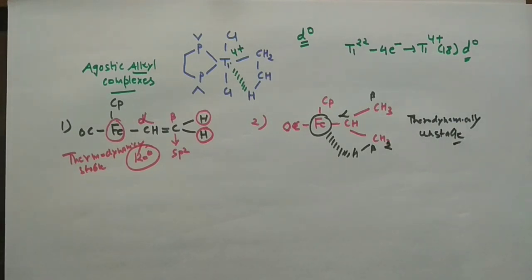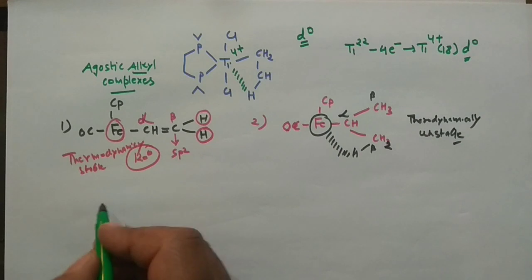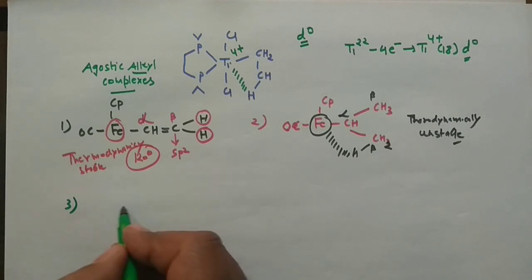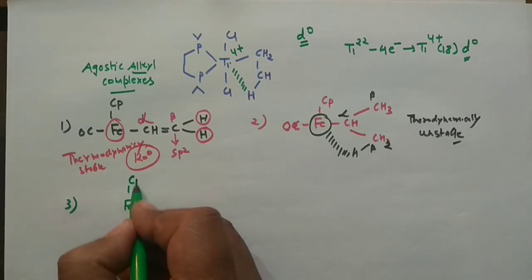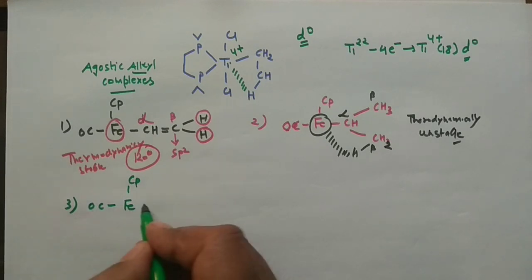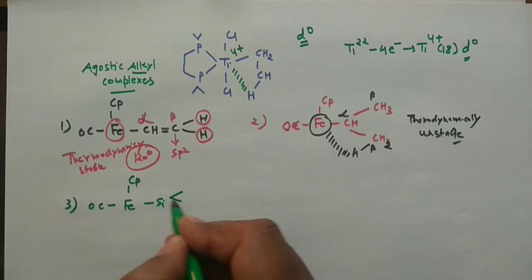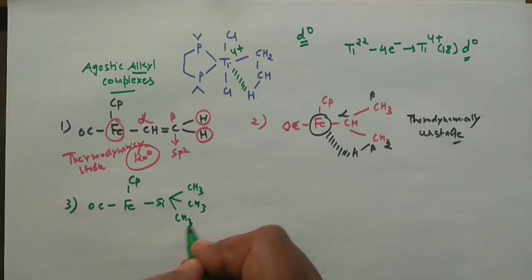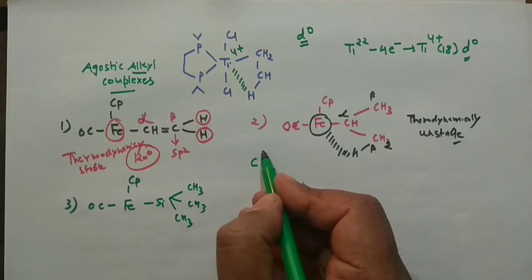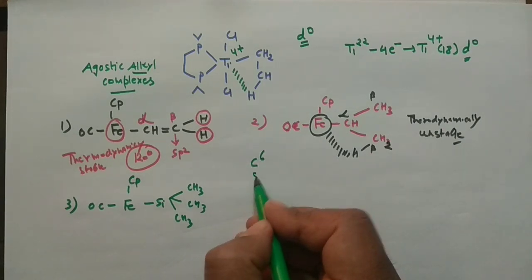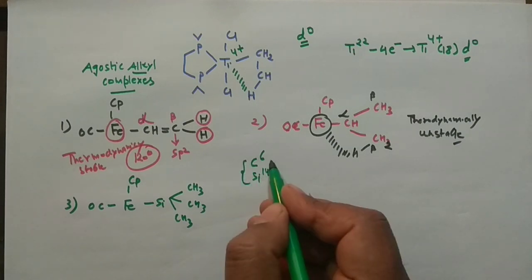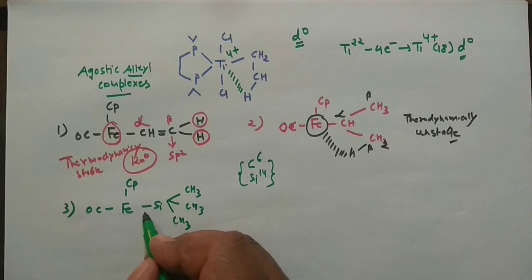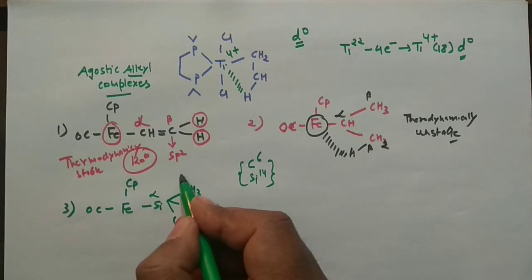Okay, and one more example you can write. You see, I am having the same complex, but I am changing the ligands, right? I am not doing any special things. I am only changing the ligands. Iron connected with the Cp, connected with the CO, and then you have silicon, right? So this is CH3, this is CH3, this is CH3, and you know, carbon is 6 and silicon is 14, so they belong to the same group. So obviously this is your alpha, this will be your beta.